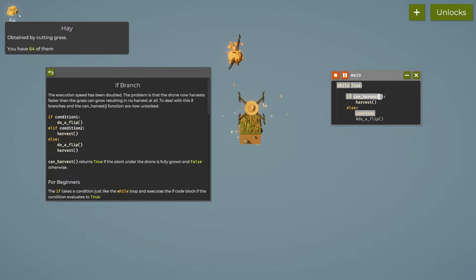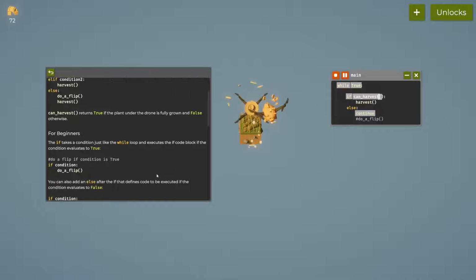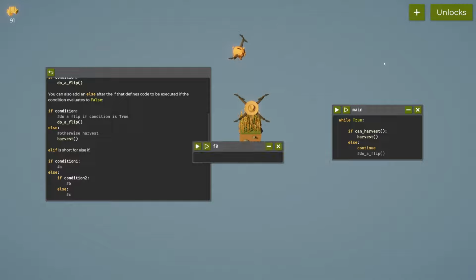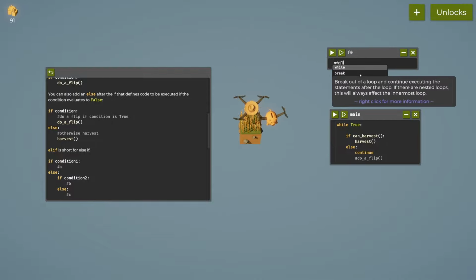So what we could do is we could wait until we get to 100 and then upgrade the yield module if we wanted to. So you can see here, if condition, do a flip, otherwise harvest. So they're doing it slightly differently. So we could always add this in here where we could say while true,